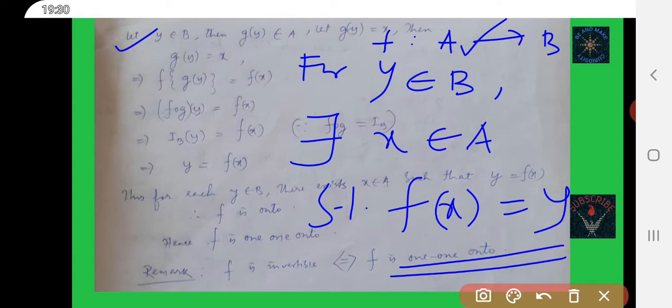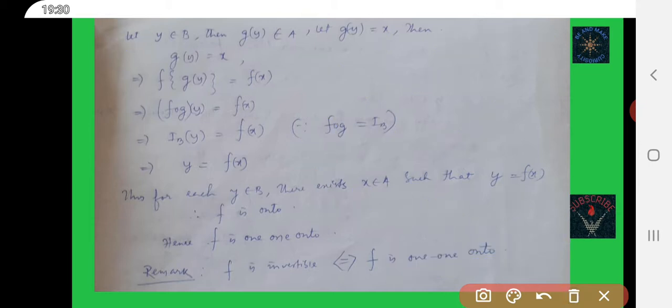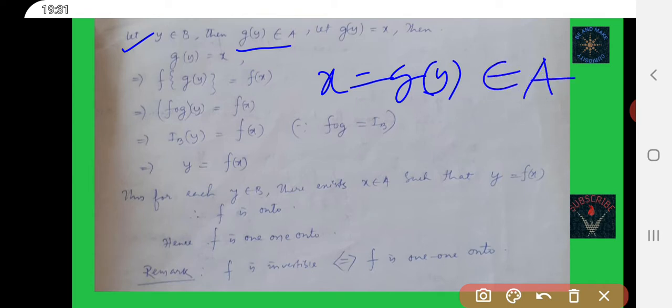If we show this, then we can say yes, function f is onto. So let y belong to B and g of y belongs to set A, that is x equal to g of y. There exists an element in set A, that is x equal to g of y, which belongs to A, such that